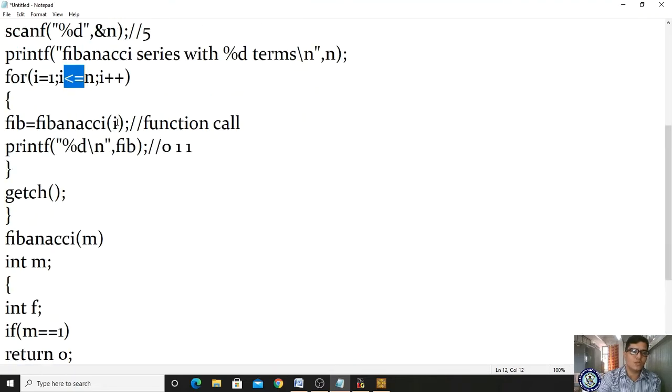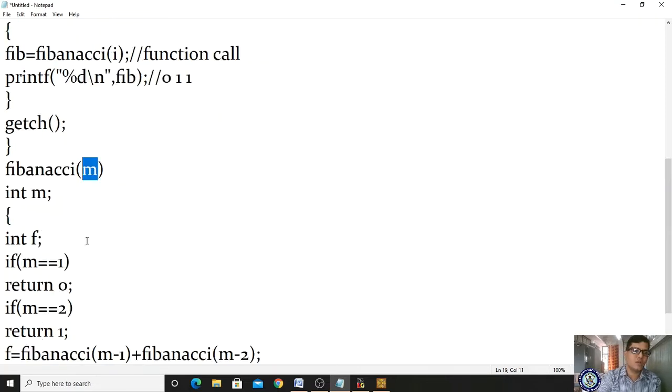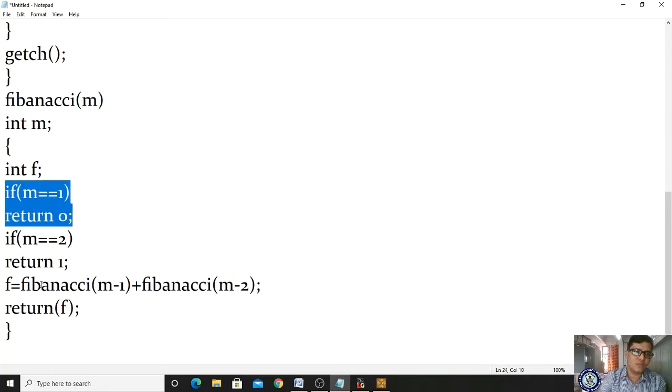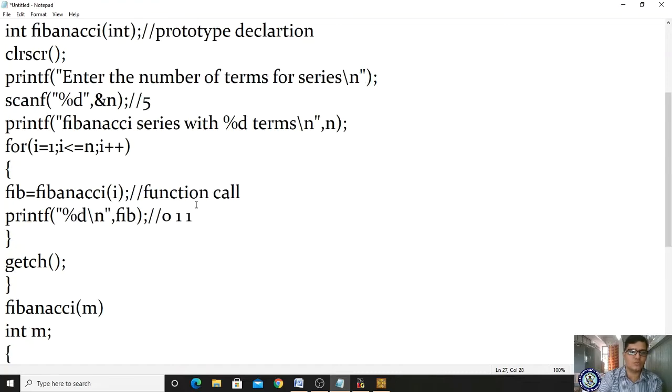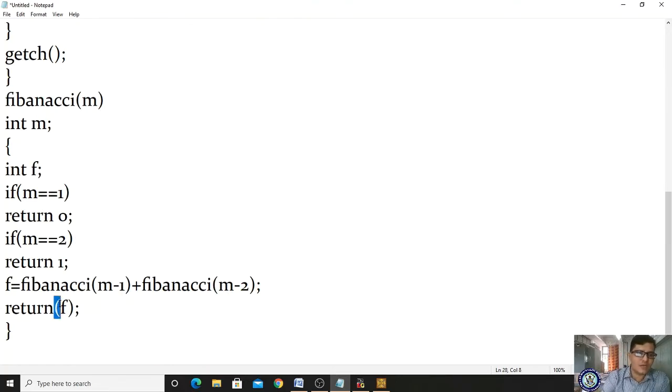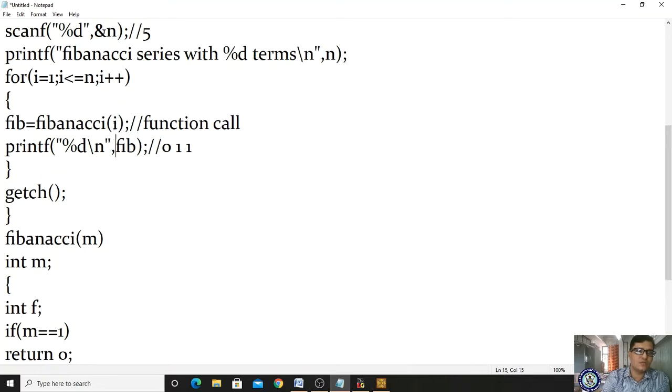Now once again you are calling the Fibonacci function, and 4 will be passed here, and it will check. This is the first. Now it will come here, 4 minus 1 is 3. 4 minus 1 is 3. Once again you are calling, it is not executing, right? 3 minus 1 is 2. 2 will be executed, that is 1. And here 4 minus 2 is 2. Yes, 1 plus 1 is 2. So it will return 2 to this Fib, and Fibonacci of 4 as 2 will be stored in Fib, and now if you display it will print 2.